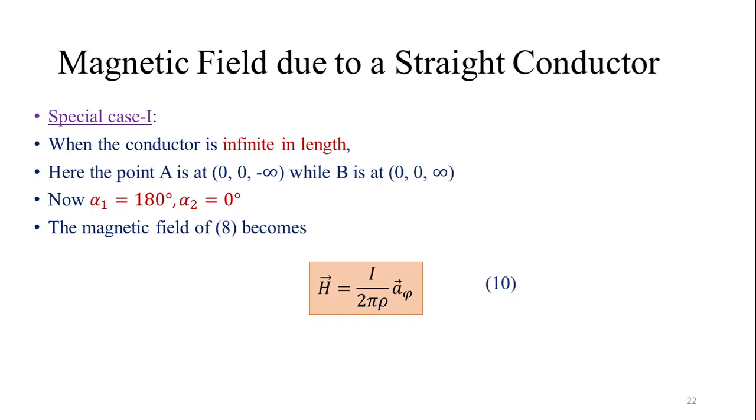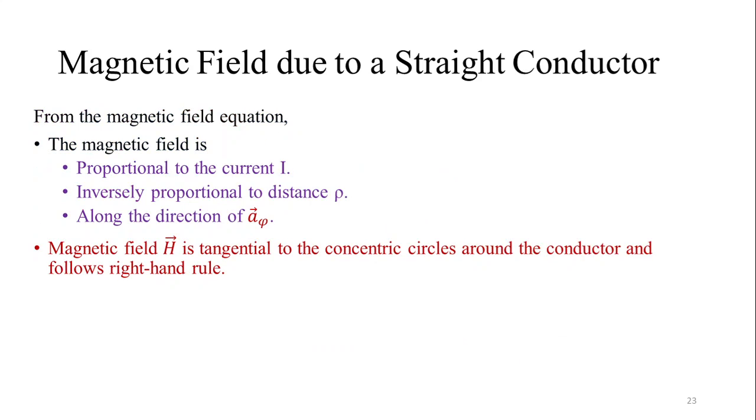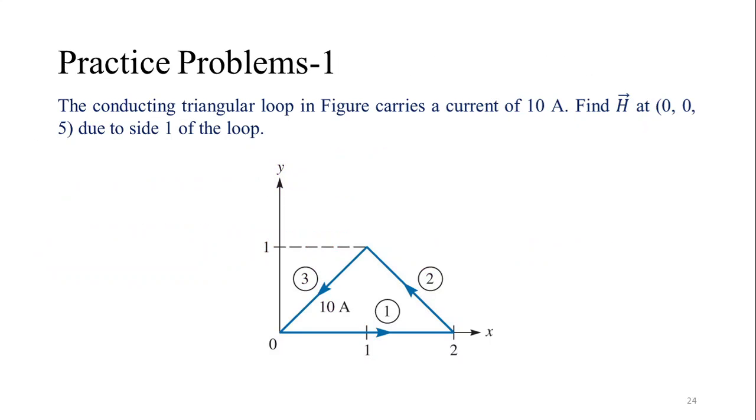So H is I by 2 pi rho a phi vector. And this magnetic field H is tangential to the concentric circle around the conductor and follows right angle